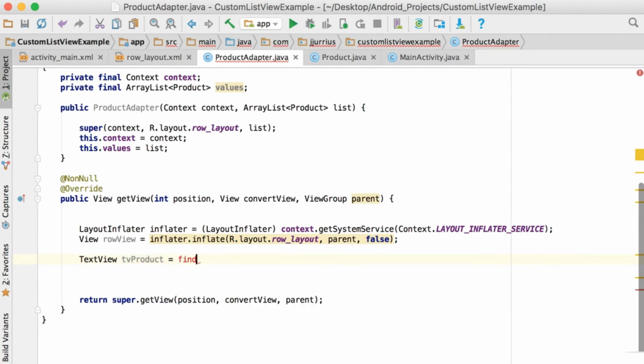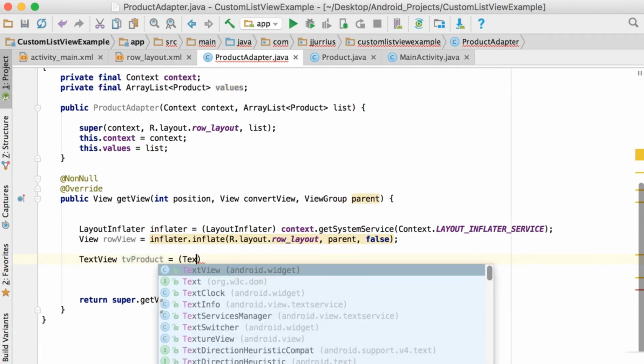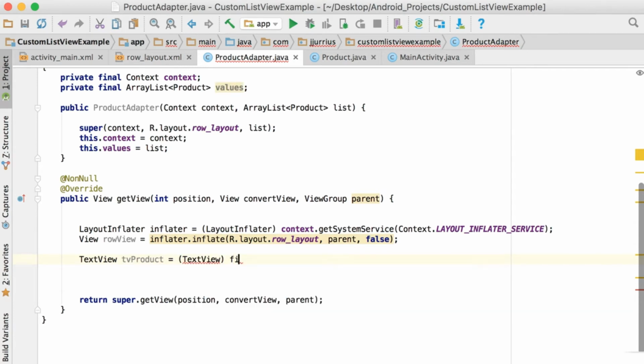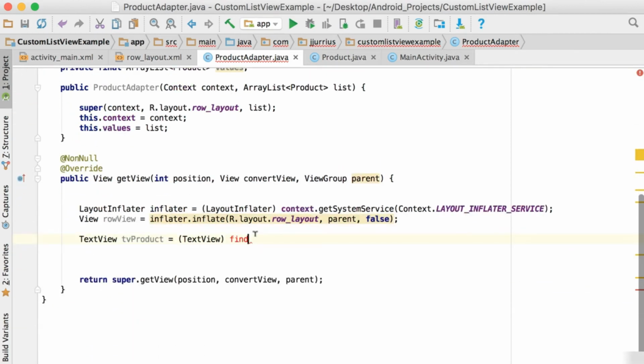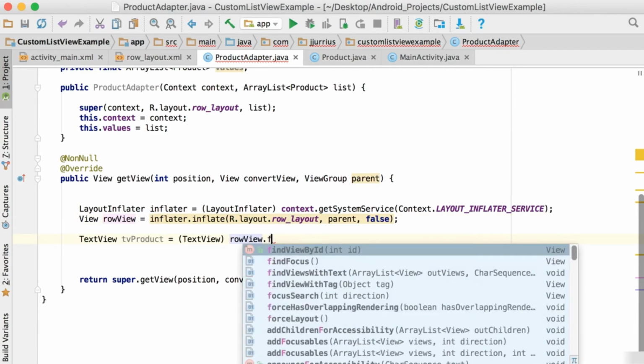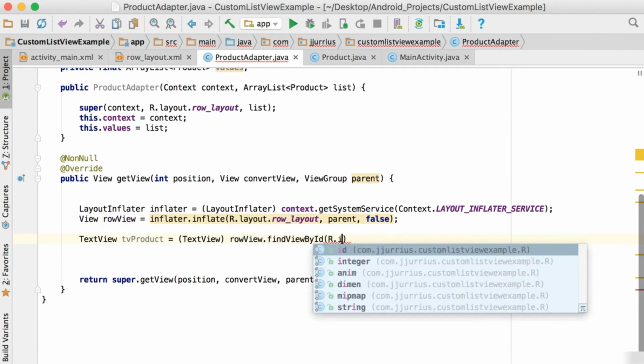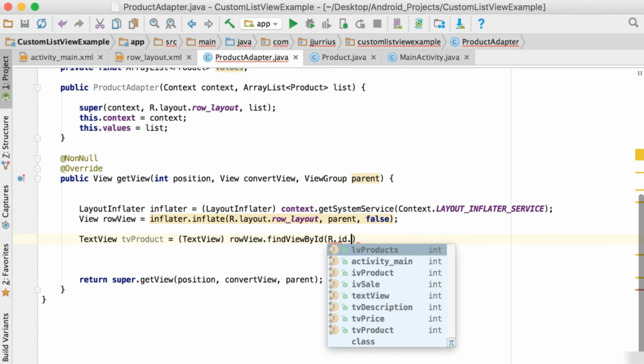Now instead of saying findViewById, or normally we'd say TextView, and then findViewById, you can see it doesn't pick it up because there's no findViewById method in the ArrayAdapter class. So for this to work, rowView, this one there, has got a connection to the row layout. So on that connection, we call findViewById,